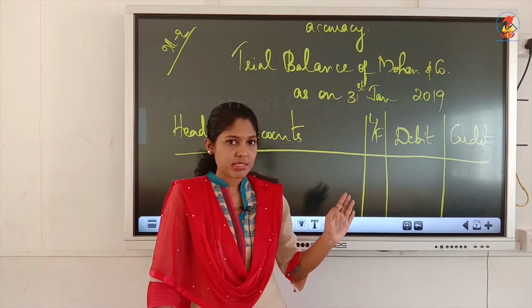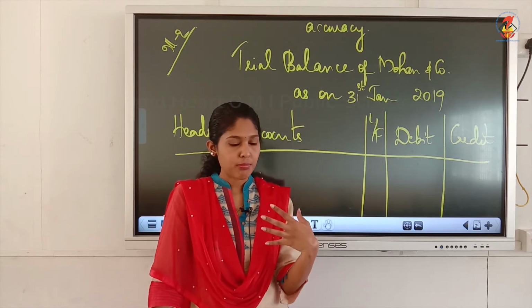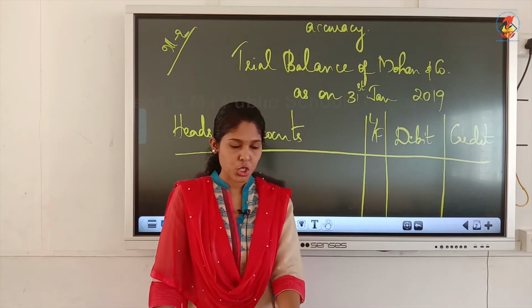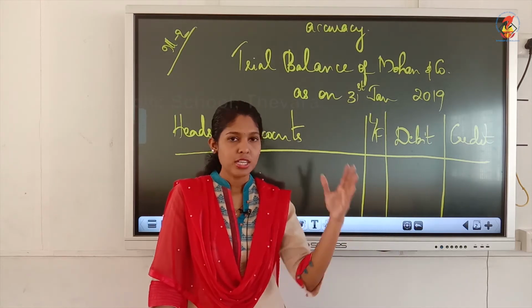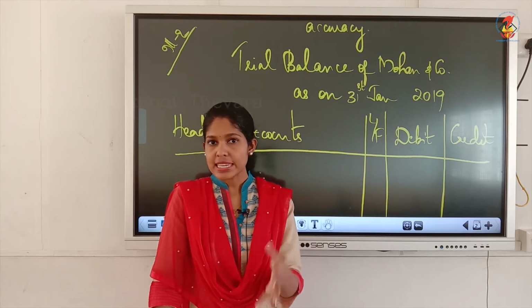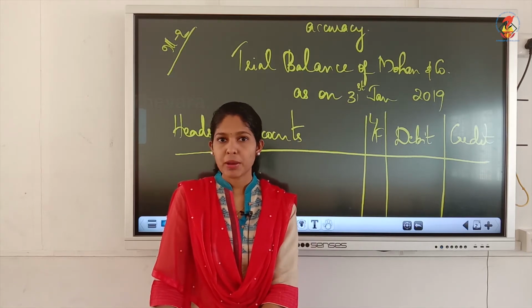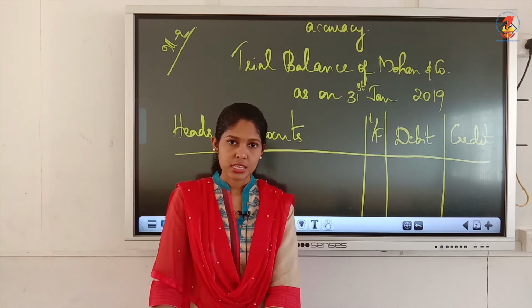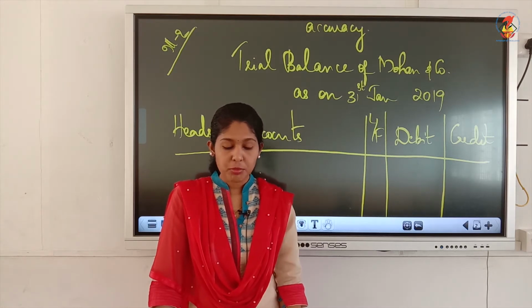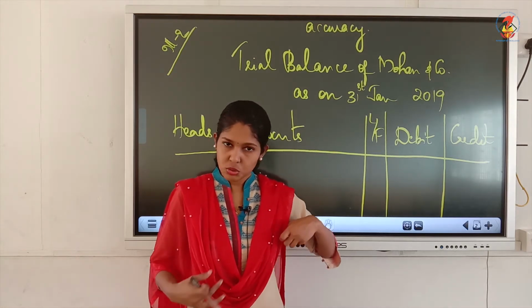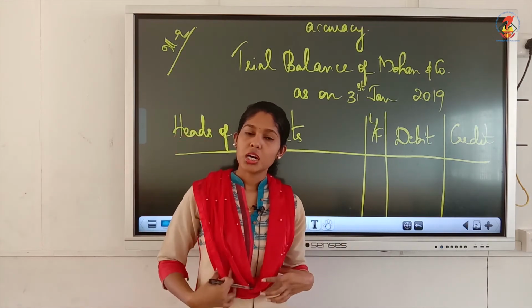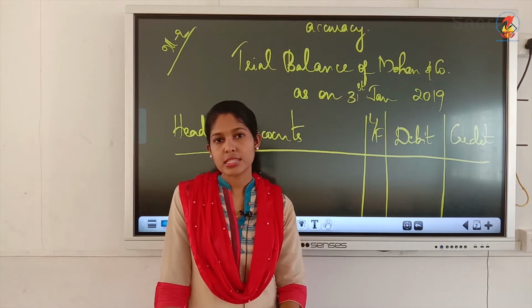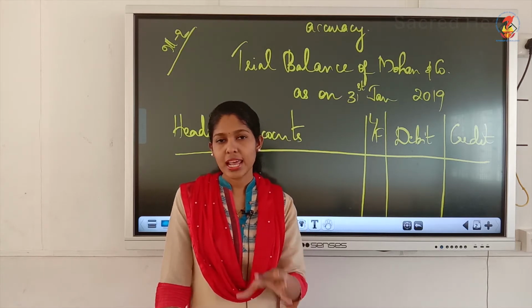But first we will see how we have to do trial balance on the basis of ledger. We know that for doing ledger, first of all you must have journal entries. All these form part of preparation of financial statements. Now I am not writing the journal entries. You also need not write journal entries and ledger, because already we have done enough and more questions from both these chapters, journal and ledger.